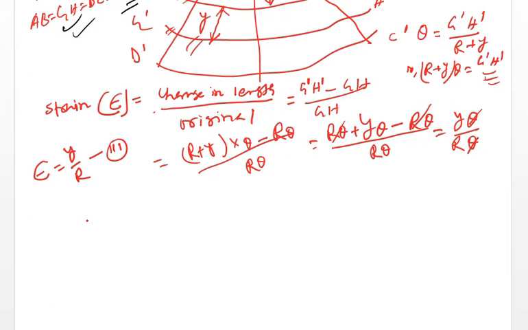And from the definition we know that stress, what is the definition of modulus of elasticity? The modulus of elasticity E is equal to the ratio of stress and strain. Suppose stress is sigma and strain is epsilon, or epsilon is equal to stress upon E. Suppose this is equation number 4.